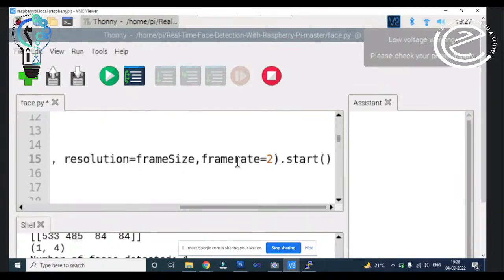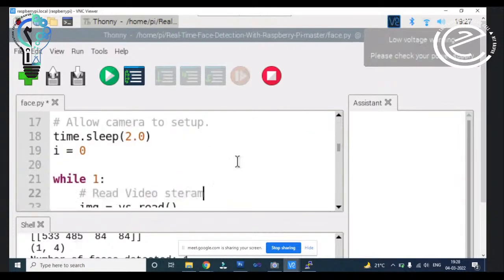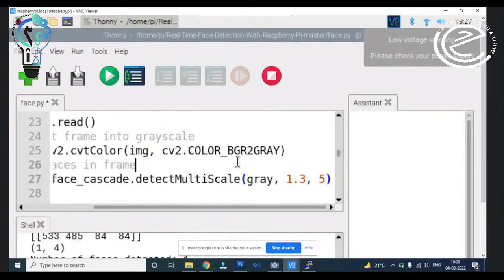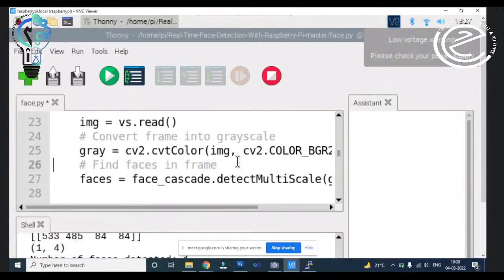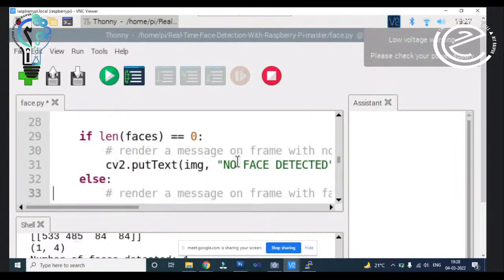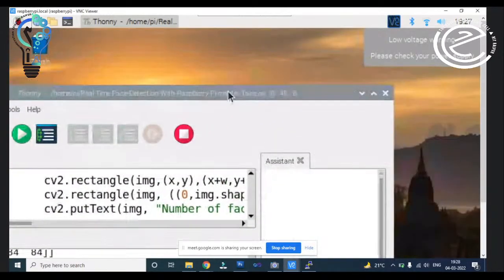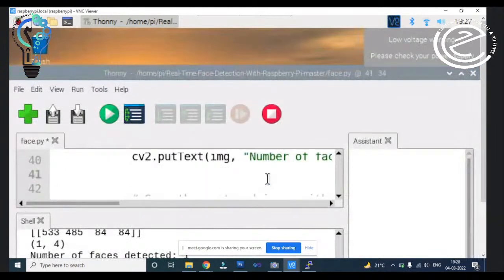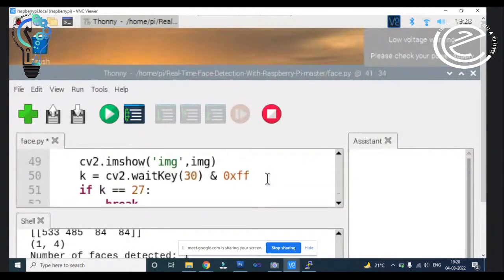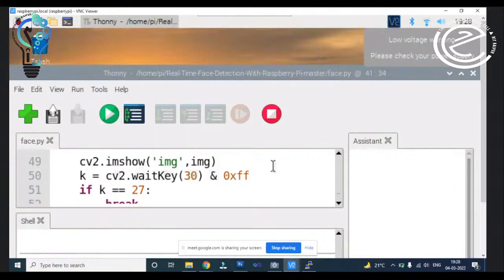And decrease the frame rate, and it will help you in better detection. And also, okay, so let's execute it again, and you can see the application here.